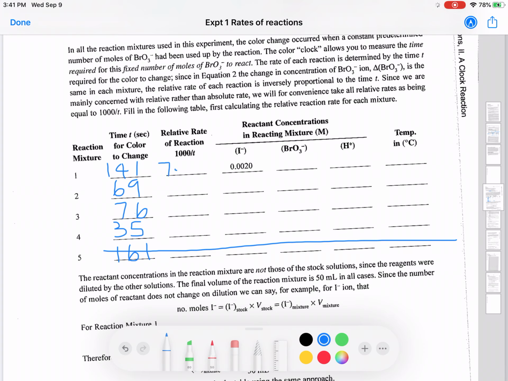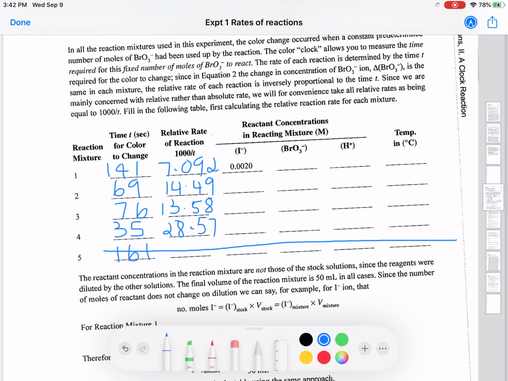So the first one would be 1000 over 141. You might get a number like 0.7092. Again, check to see if these numbers are correct. So the second one would be 1000 over 69. You will get something like 14.49. And then the third one, 1000 over 76, 13.58. 1000 over 35,